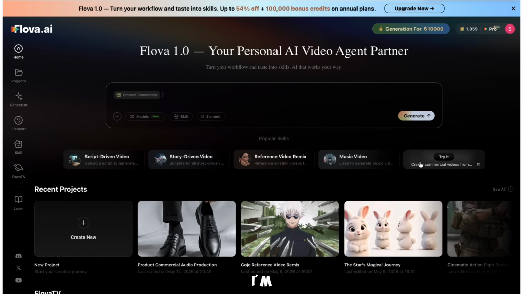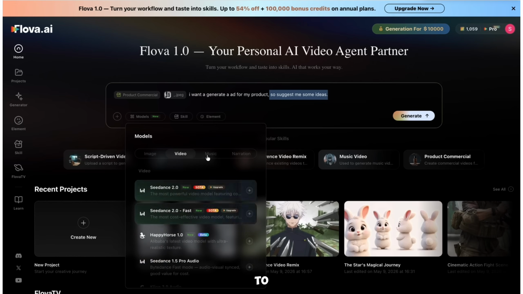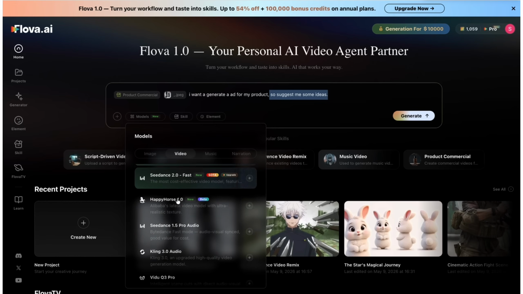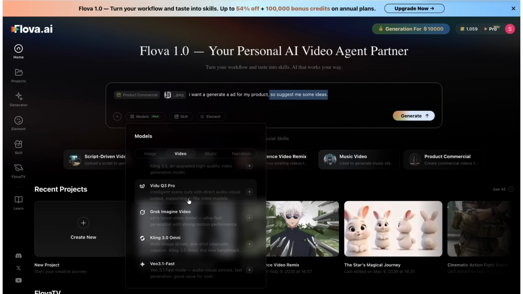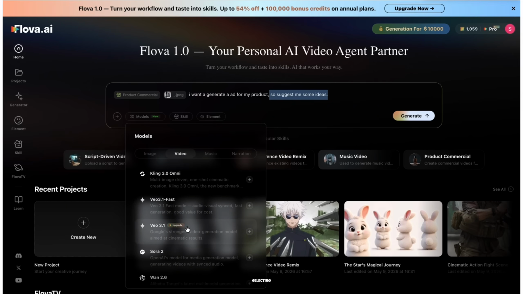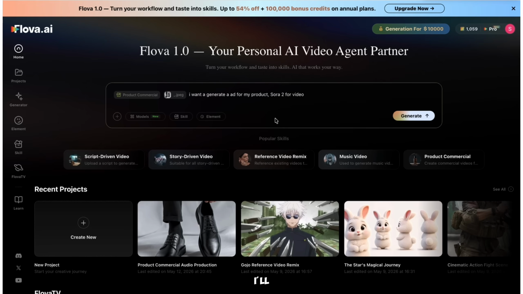So for this project, I'm creating an ad for my shoes brand. I'll simply upload my product image, and Flova AI instantly suggests creative ad ideas and concepts. Flova AI also helps generate a complete creative brief with scenes, style direction, and ad concepts before production starts. You also get access to powerful AI video models like Seedance, Kling, VO3, VO3.1, Sora, and more. For this project, I'm selecting Sora, and once everything is ready, I'll simply click on Generate to create the complete